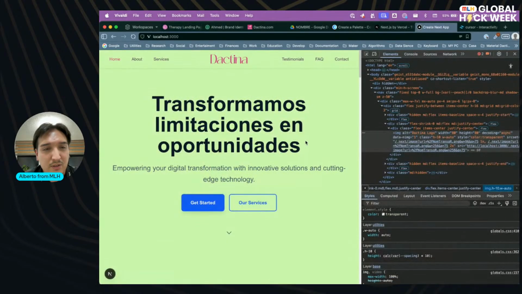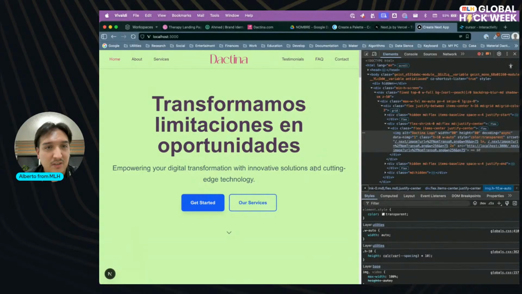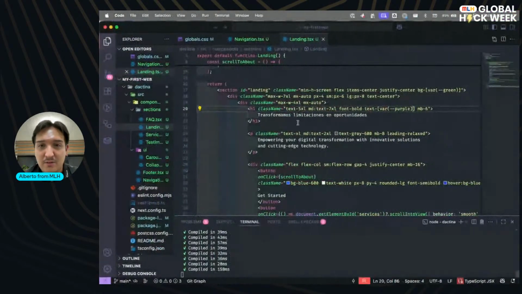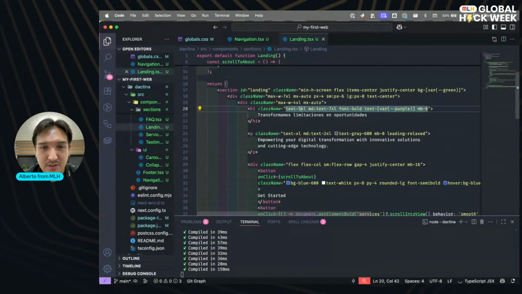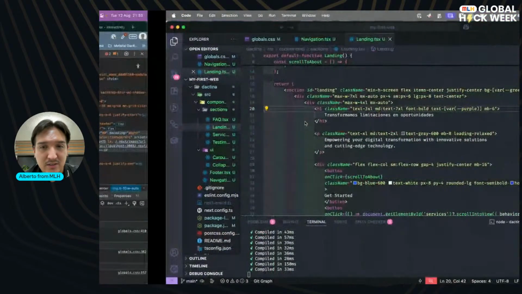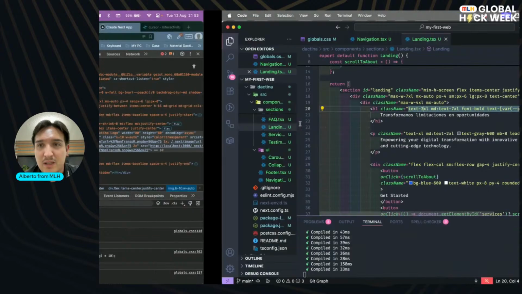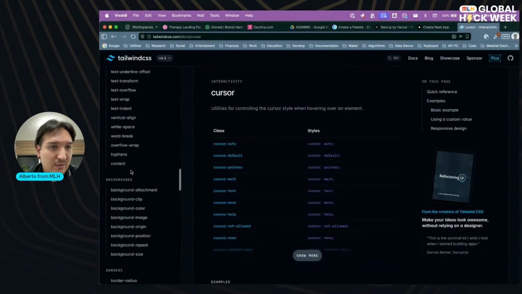And we're not looking for white, or are we? Maybe purple? Great. Now let's move on with the values. Maybe 3XL. Text value should be around here.